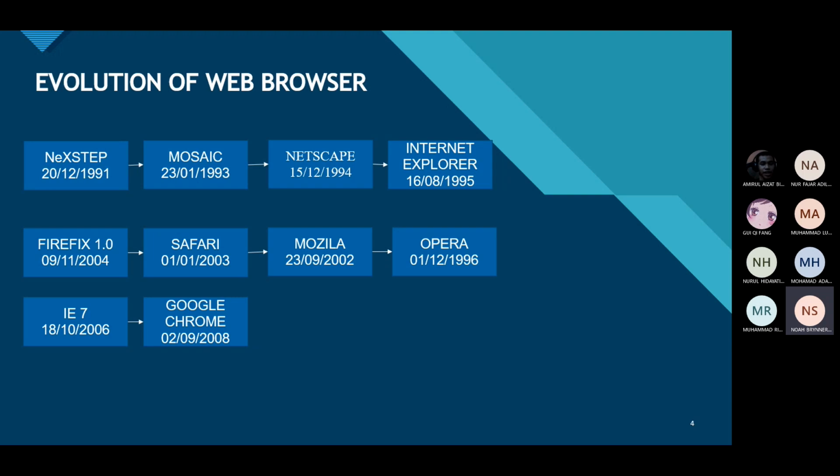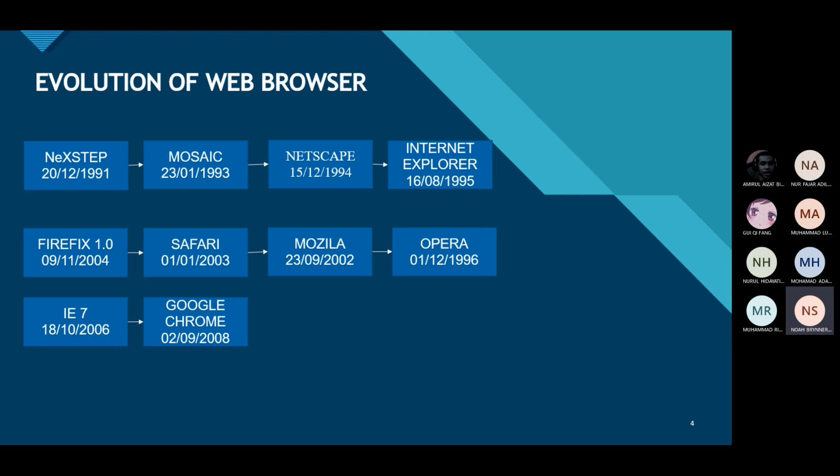From Mosaic and Netscape is when the top-down feature UI that we always see on every single browser started. But in Next step, it wasn't so much top-down; it was more tabbed. And then after that along came Internet Explorer, which started